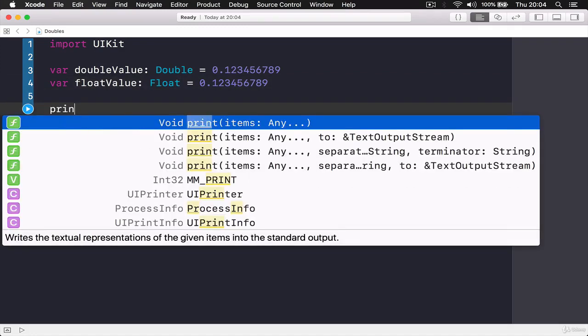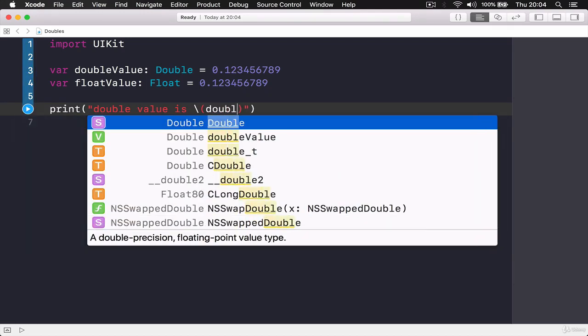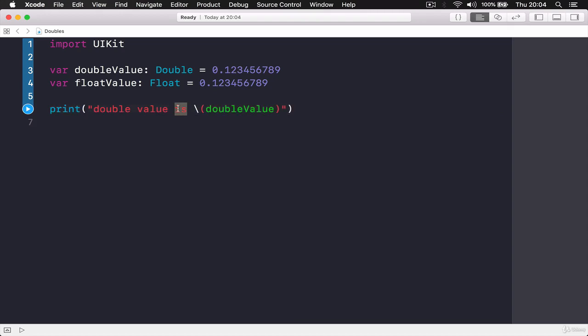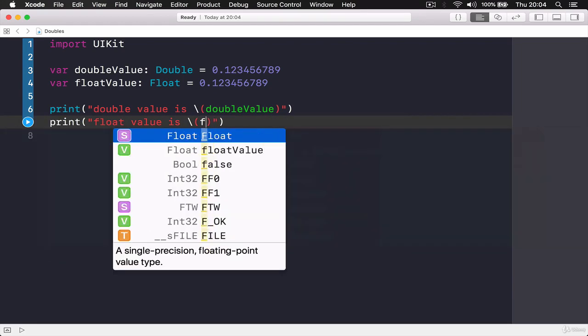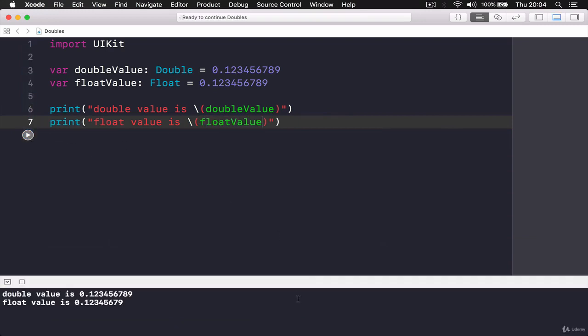If I say print, then I say double value is, and then I use my string interpolation and put here double value. And if I copy this and paste it here and say float value is, and here I say float value, and if I run,